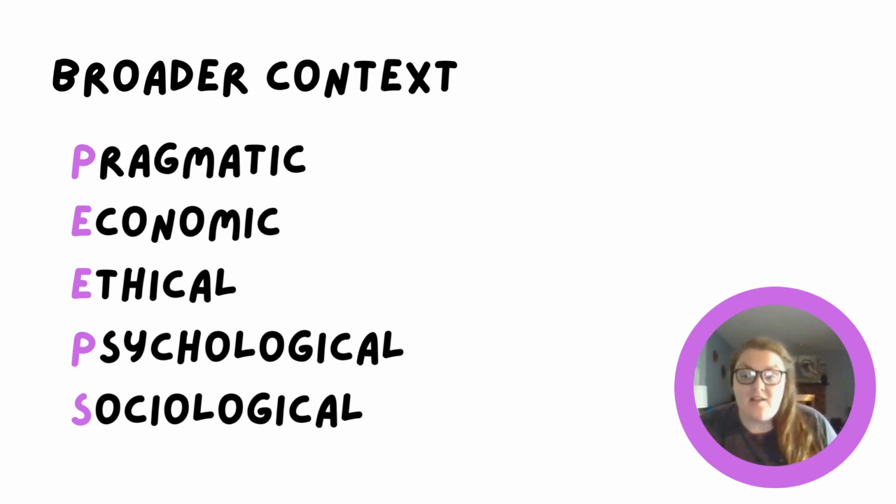To consider the psychological context means to consider how is it going to impact individuals? How are people affected emotionally, physically, spiritually by the issue or subject? And how might that inform my own stance on the issue or even the claims that I'm going to make to support my thesis? And finally, the sociological context asks how it's going to affect society as a whole. How will it affect large groups of people? What's going to be the result?